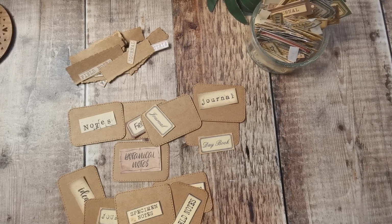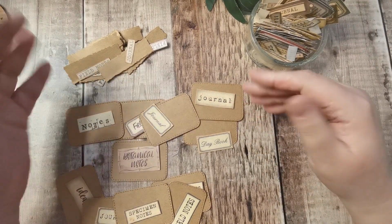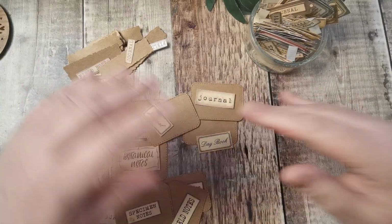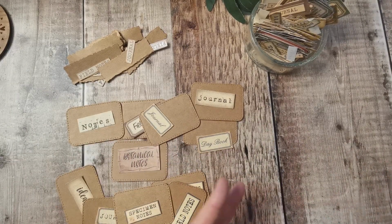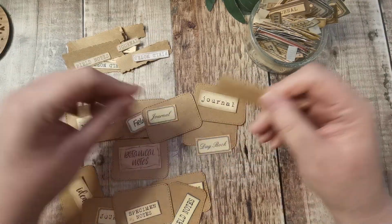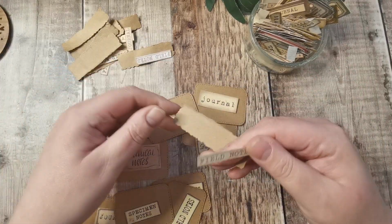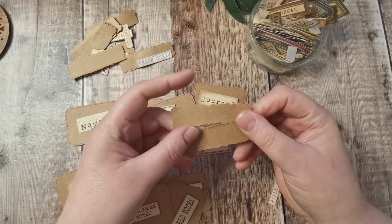And when I'm making a file folder or some ephemera, I think, oh, I've got to back these in. It's not that I can't be bothered. I just don't like that break from doing something when you've got everything out and then, oh, I've got to get all this other stuff out and do that. So I thought these would be really good to have already made up with my embellishments, and then I can just grab them. And then I've got lots of smaller ones, and I've got these decorative edge ones,